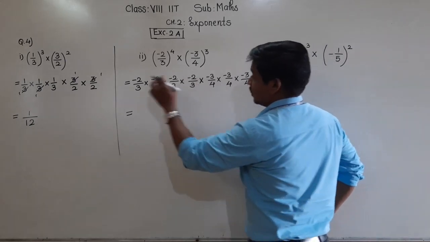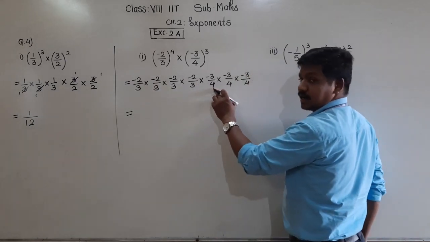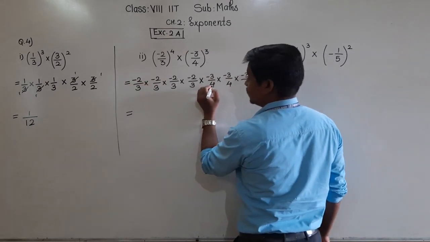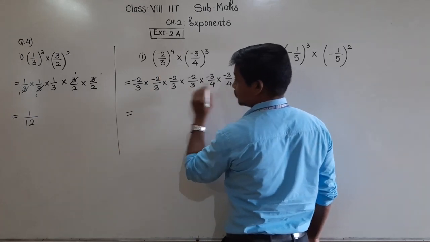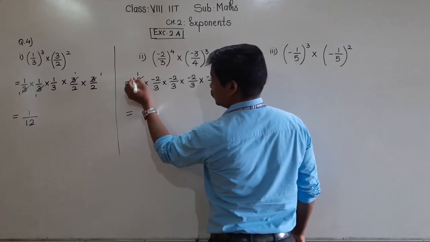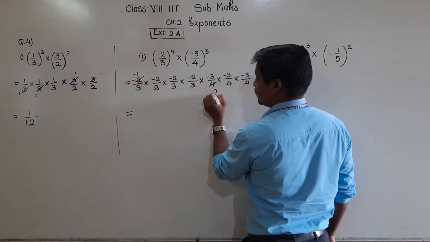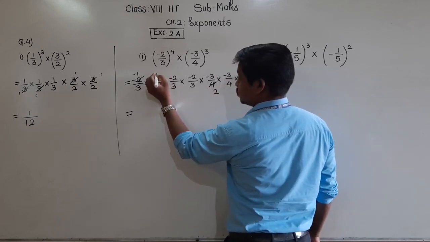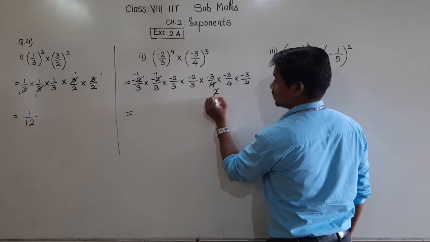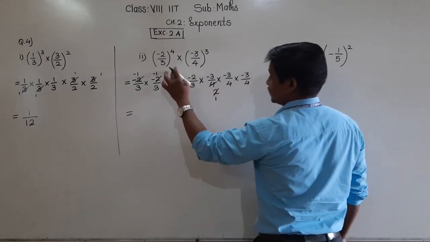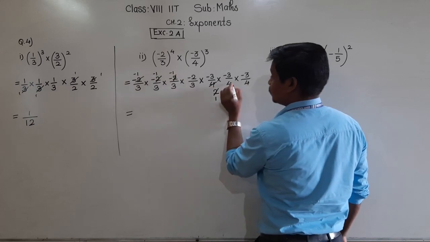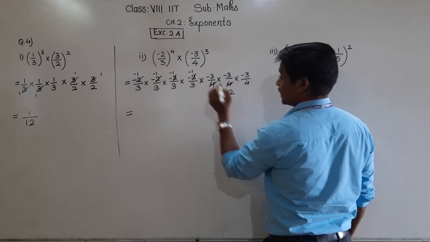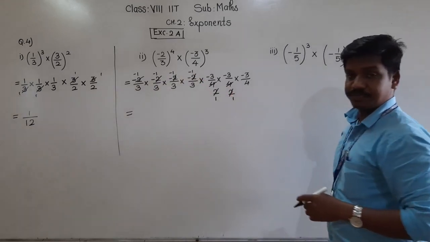See now here, this 2 and 4 are divisible by each other, or they have a common factor which is 2. Here -2 divided by 4: 2 ones are 2 and this -2 2s are 4. Correct? Again, these 2 and these 2 are also divisible by 2. 2 ones are 2, that is -2. 2 ones are 2. Finish. Now these 2 ones are 2, 2 2s are 4. Again these 2 ones are 2, that is -2. 2 ones are 2. Okay.